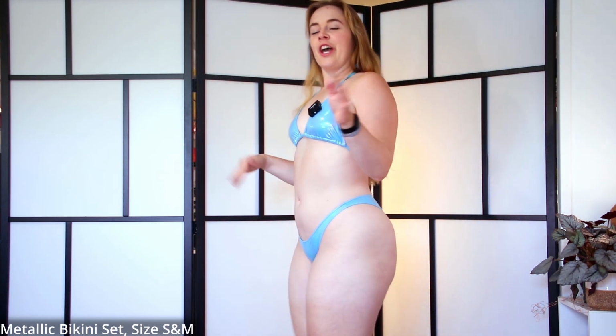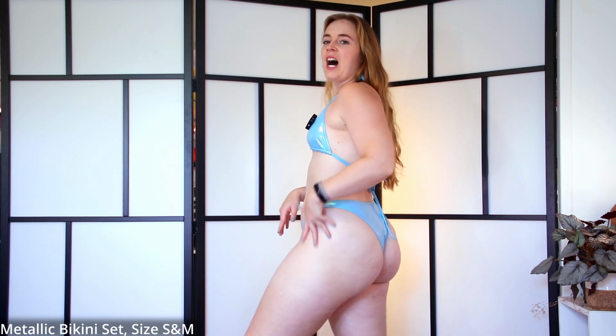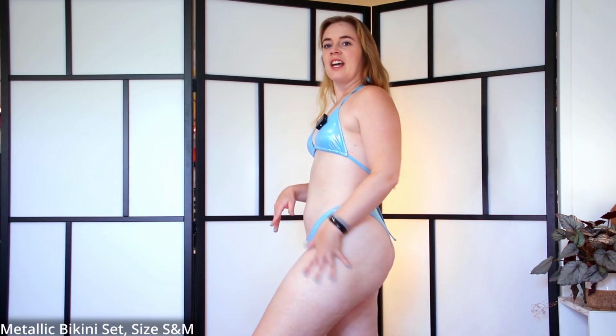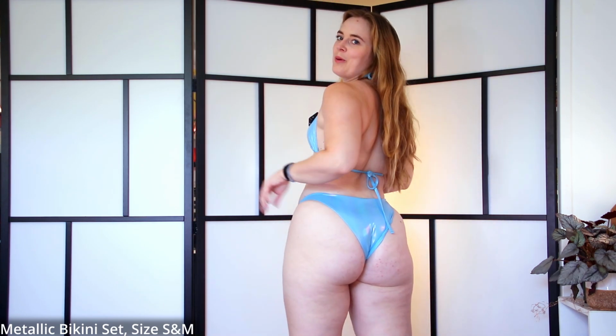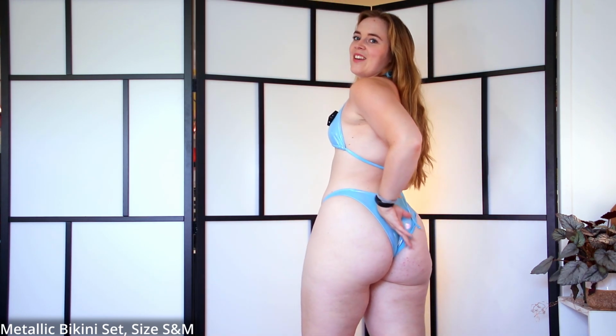I think it is meant to be worn like this. I think it is more flattering like this. But I mean, to each their own. And then you also get a little bit more of a high leg cut here, so that elongates the legs. And then in the back, depending on how much your butt eats the bottoms,